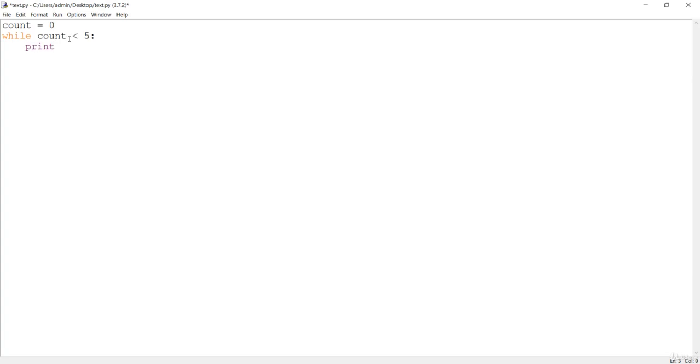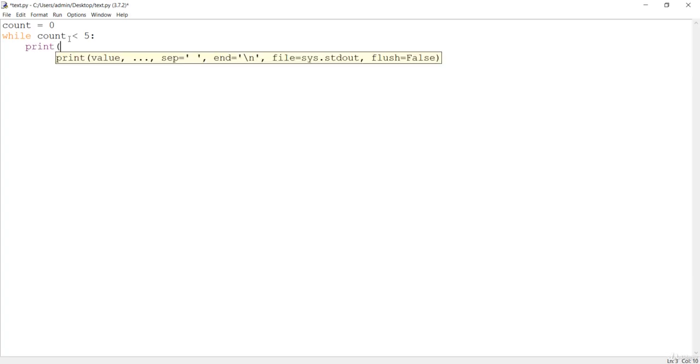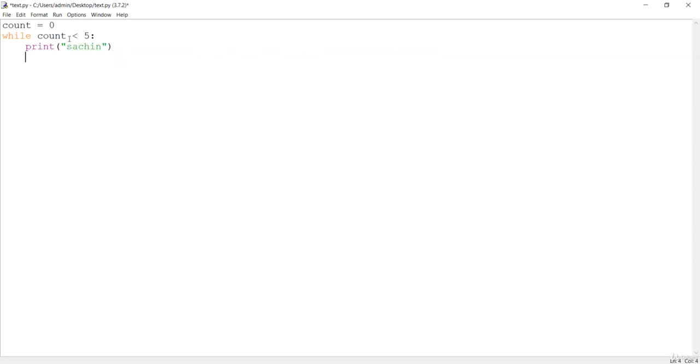I want to print the name 5 times. If you just do this and print now, it will be executed infinite times, because this count value of 0 is less than 5. It is always true, it is never false.